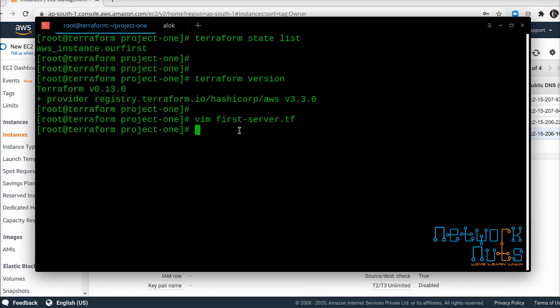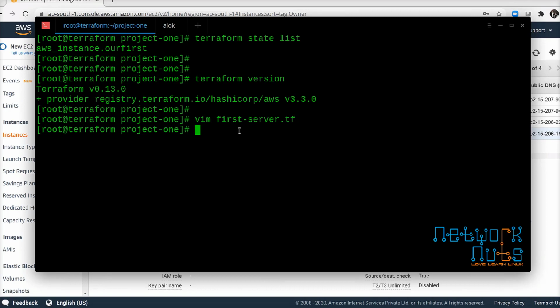So you have just created a resource for project one, and the project one directory automatically has all your providers copied in it, which is good.